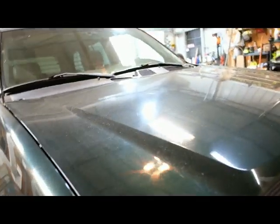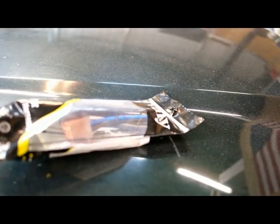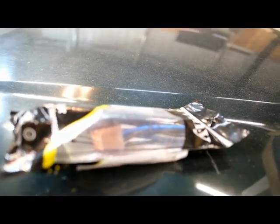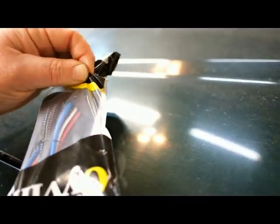So for the earlier model of Chevrolets, I know for the 2500 and 3500 trucks, they use a harness like this, and up underneath the dash, like where I was showing you the harness was wrapped up underneath there, there's actually a box that's right next to the steering column. You take the cover off that box, it just unsnaps, and you'll see an opening in there, and then this connector right here will snap down in there. And then this is actually for a customer, so I don't want to rip it open yet. But it does have a connector on there that will work with some of the brake controllers,